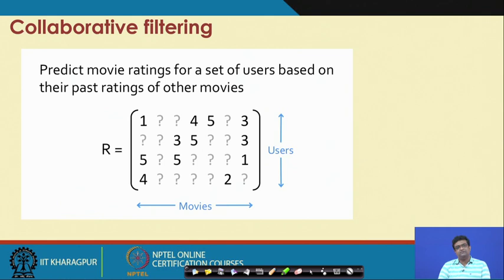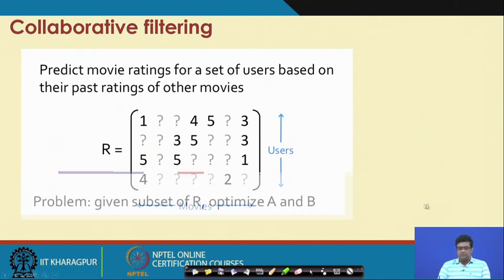You have a site where users are watching movies, and certain users have rated certain movies, and you want to predict the ratings of other users on these movies. In the matrix there are certain entries which are filled and certain entries which are question marks, and the question is, can you fill in the question mark entries?